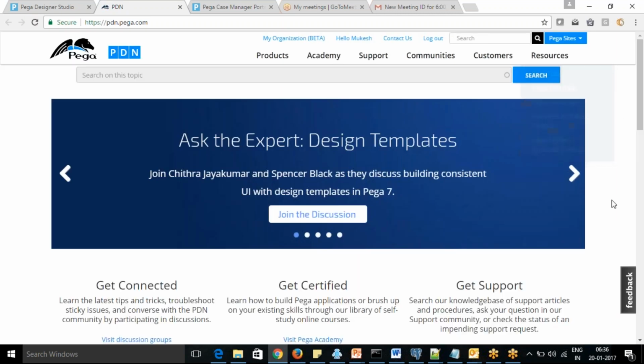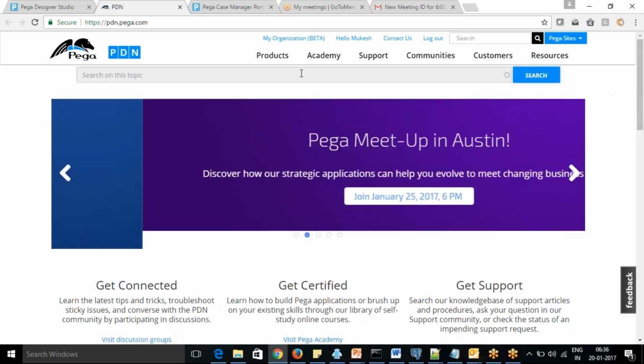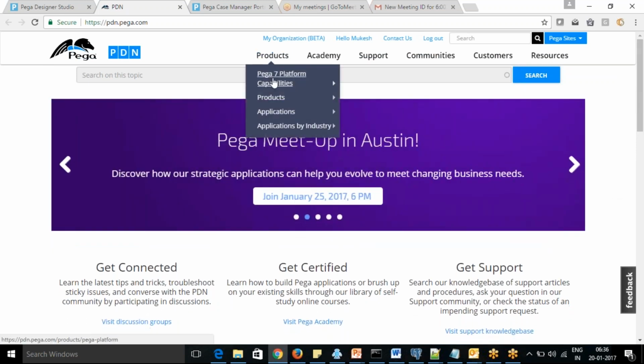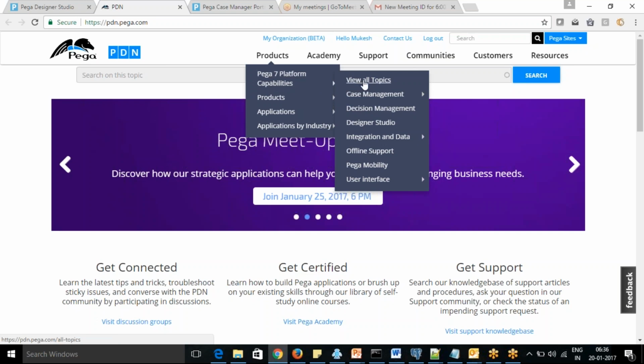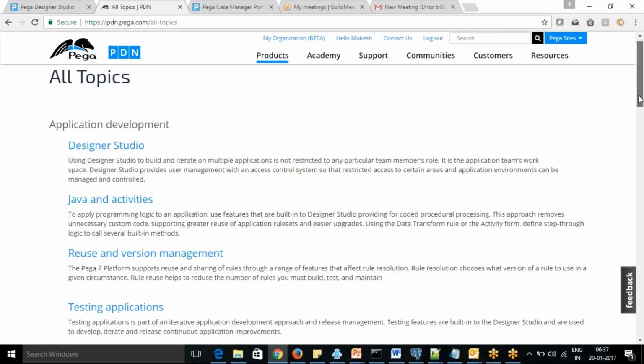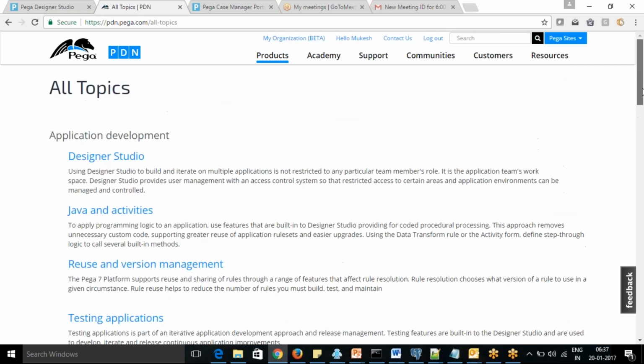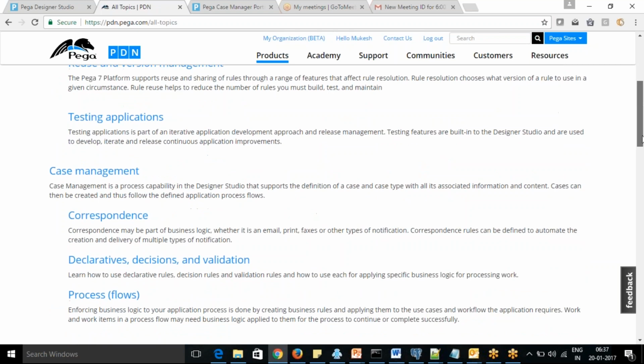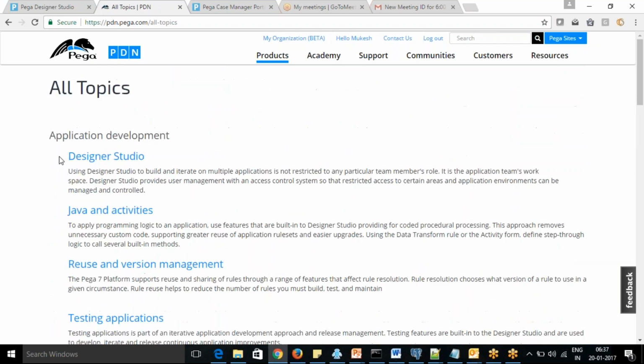This PDN is very useful. You can get a lot of resources and concept-wise details here. So it is a good practice: if you want to work in Pega, register yourself in PDN. You will get a lot of details here, for example about the Designer Studio which we are talking about.